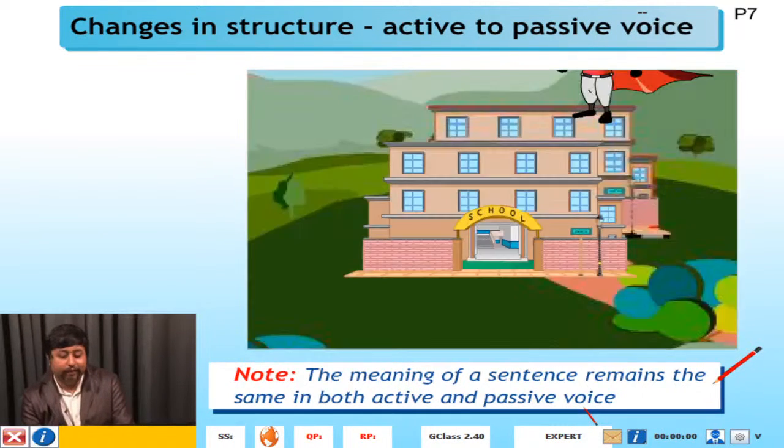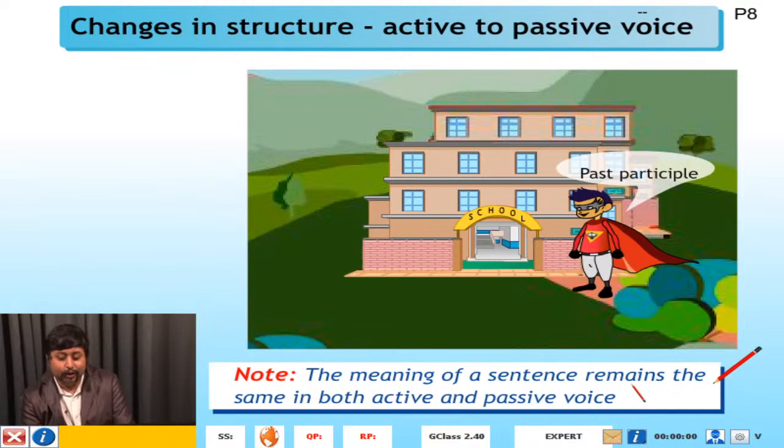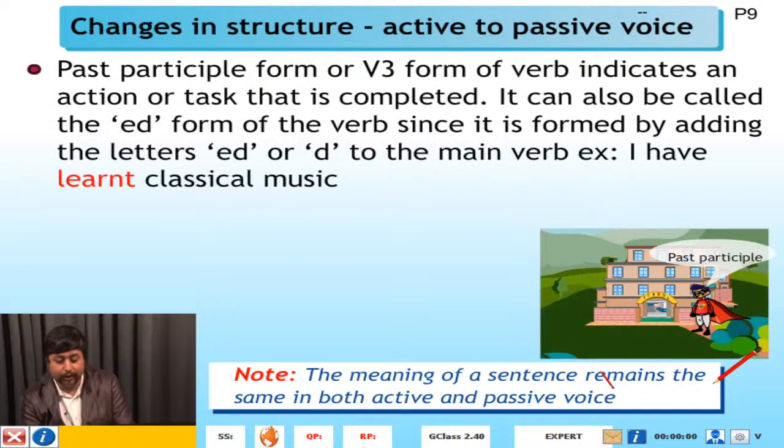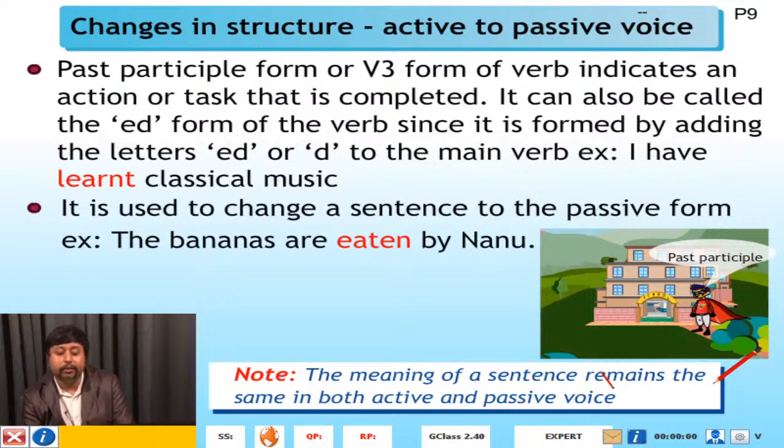So we can say Superman flying. Now, what is the past participle? The past participle form of the verb becomes the main verb in passive voice. When we use passive voice, the past participle form will be used as the main verb. So what is the past participle form or V3 form? In that previous list we saw that the V3 form of a verb